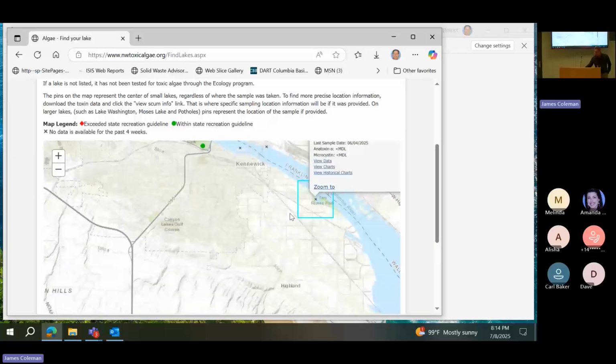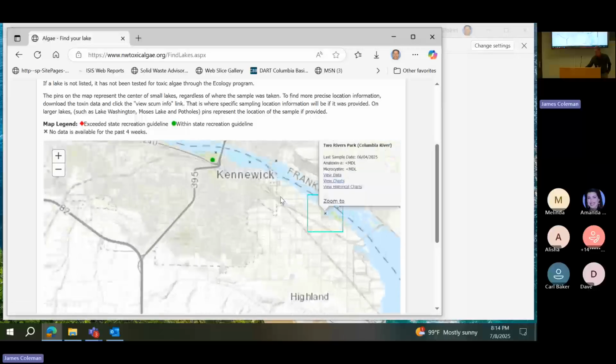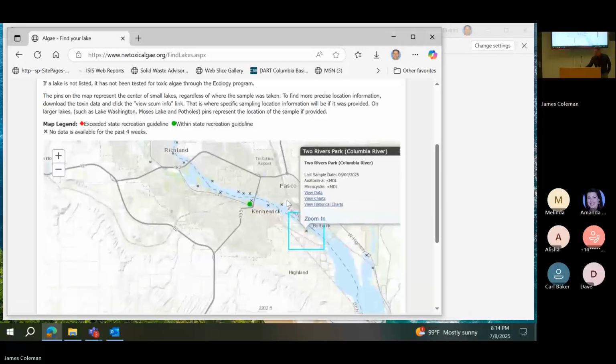What's neat about this too is you can go back in time and look. So this is at Two Rivers Park. This is a place where we sample. And the sample date here was